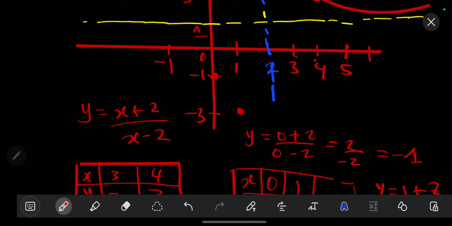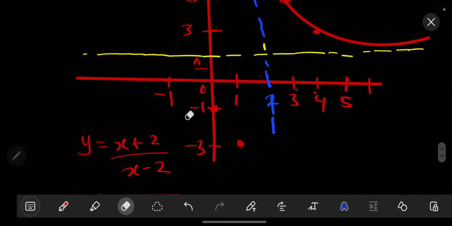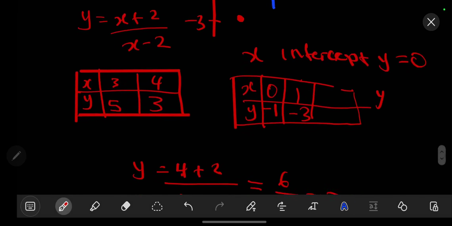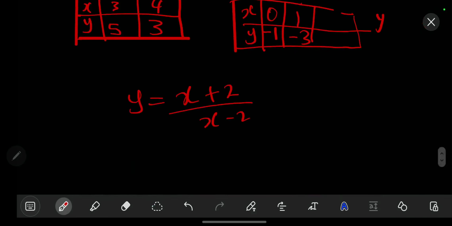But let's add an additional point. Let me create more space. So instead of us using negative 1, let's just find where it crosses the x-axis. So at this point, we know that at the x-intercept, y is equal to 0. So where there is y, we are going to put a 0. So we have 0 should be equal to x plus 2 over our